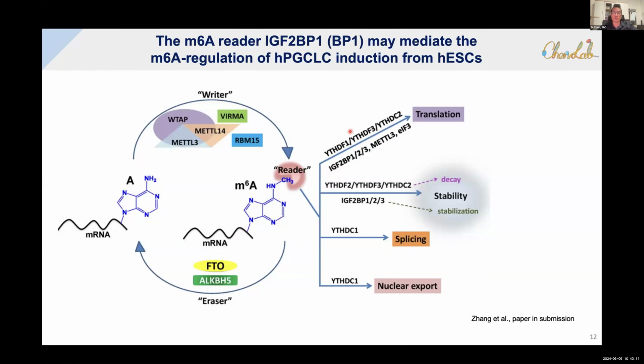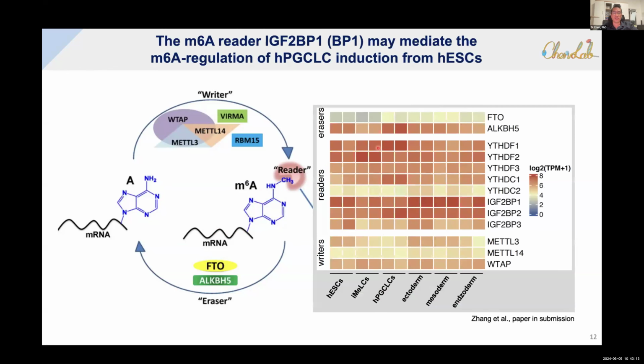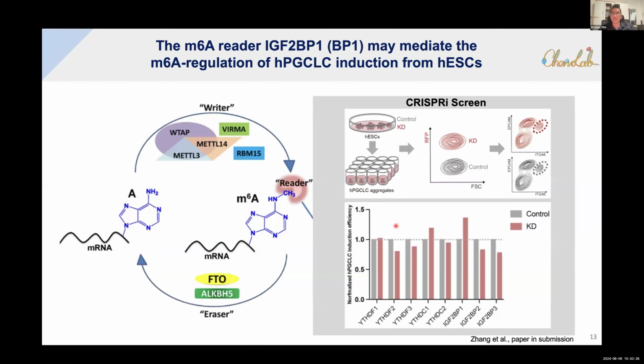So we wondered which reader is involved in the regulation of the human germline. First we checked the expression of these readers, and we didn't see cell type specific expression of the readers. So we performed a small scale CRISPR-I screen to detect which reader is probably involved in this process. In order to make it short, I will just mention that the knockdown cells by CRISPR-I are labeled in red, and the control cells is